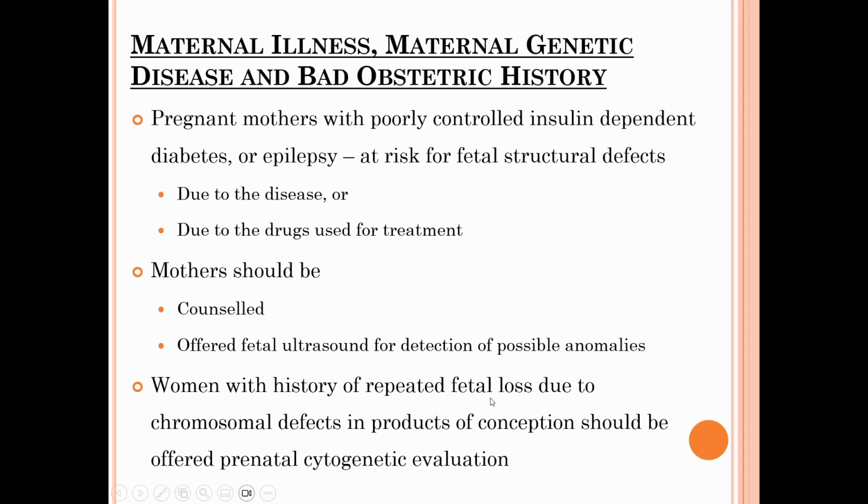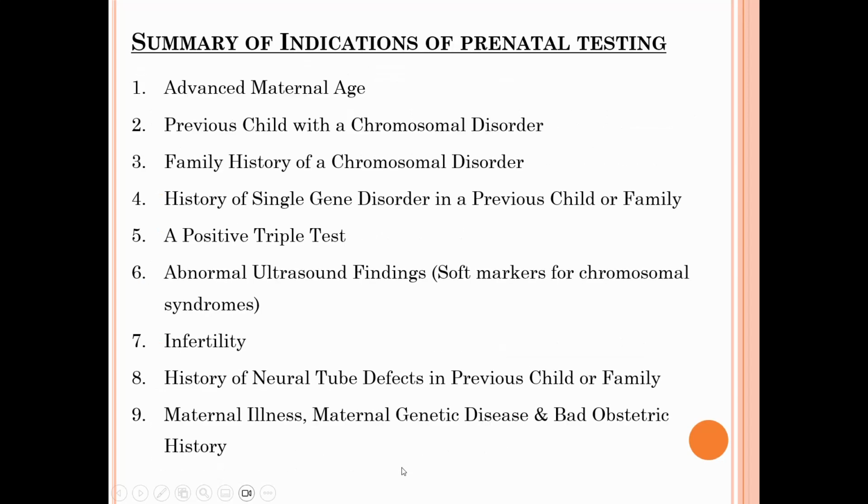Women with history of repeated fetal loss due to chromosomal defect in product of conception should be offered prenatal cytogenetic evaluation. So what are the different indications for prenatal testing? As I mentioned, first one is advanced maternal age, previous child with chromosomal disorder, family history of chromosomal disorder, history of single gene disorder in previous child or family, positive triple test, abnormal ultrasound finding, soft marker for chromosomal